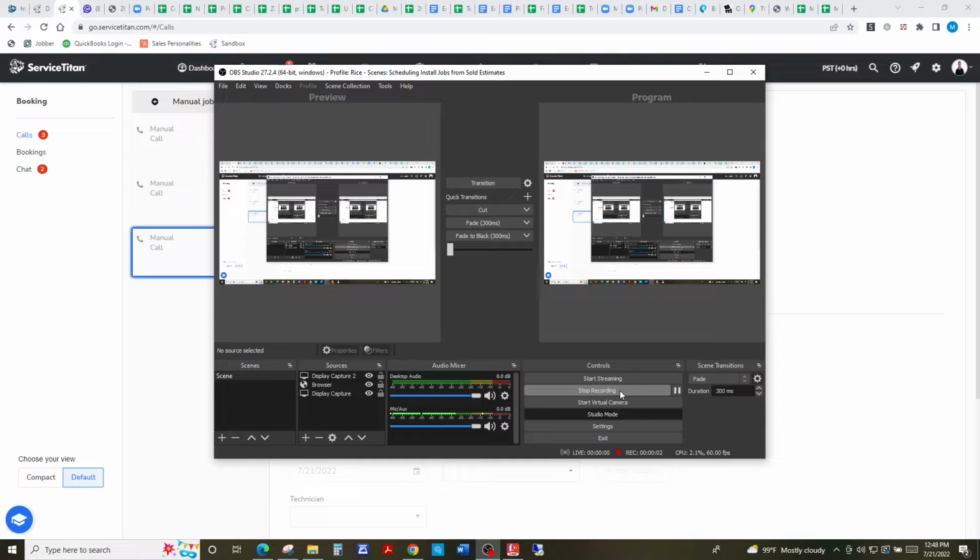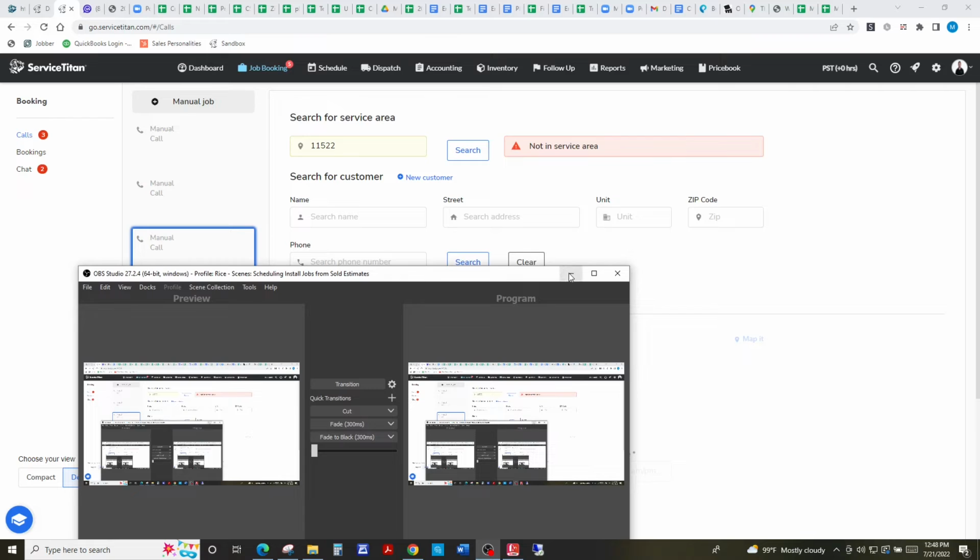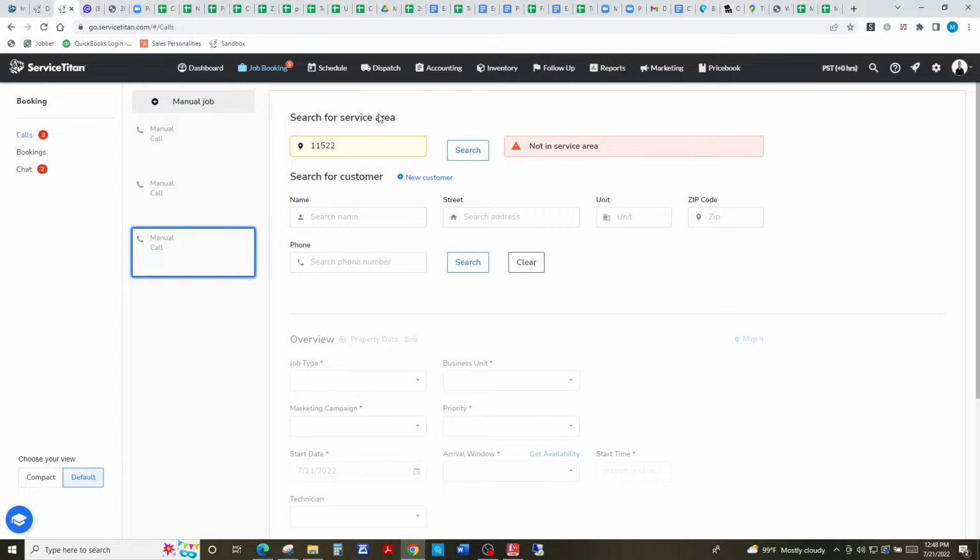Howdy, folks. If a CSR is having trouble booking an appointment because it says the zip code they're trying to enter is not in service area, the way you can fix that is by adding that zip code to one of our zones or one of our service areas. So to do that, you click up here on settings,